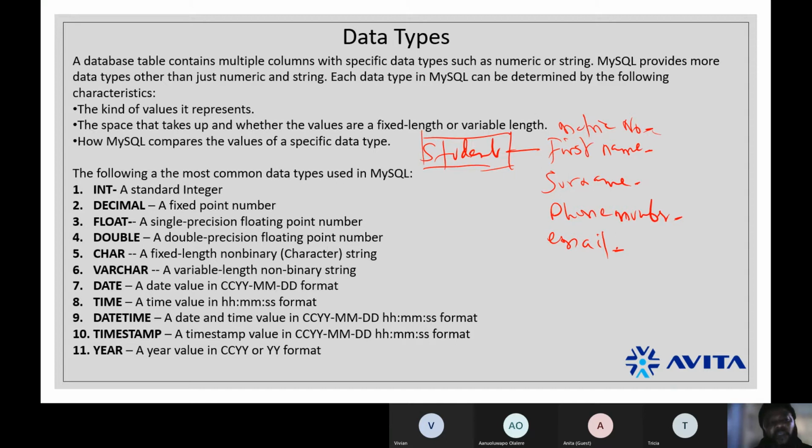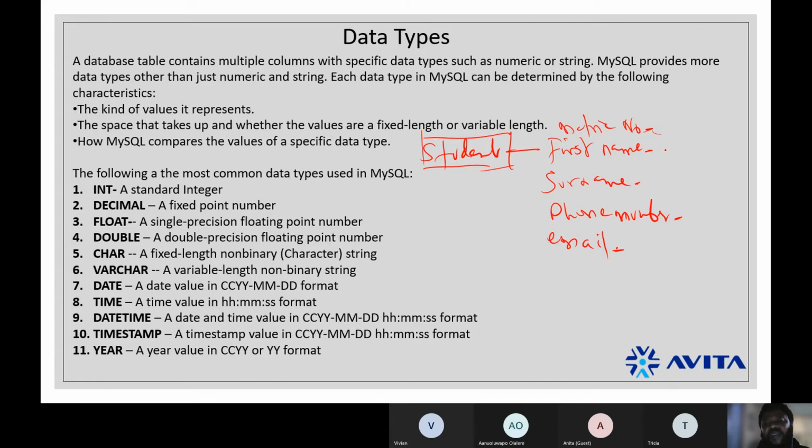Now, it says a database table contains multiple columns with specific data types, such as numeric and string. It says MySQL provides more data types other than just numeric and strings. Each data type in MySQL can be determined by the following characteristics: the kinds of value it represents.